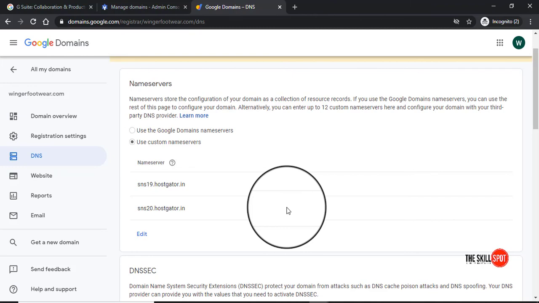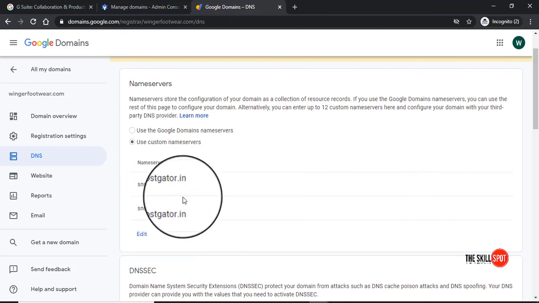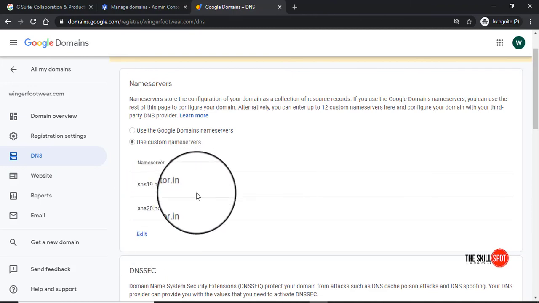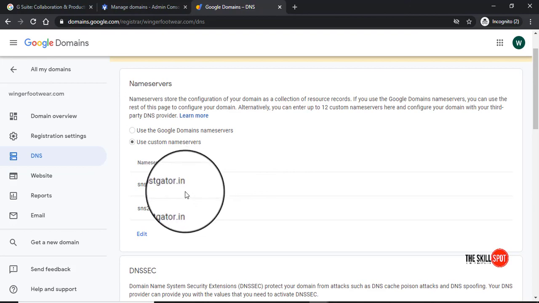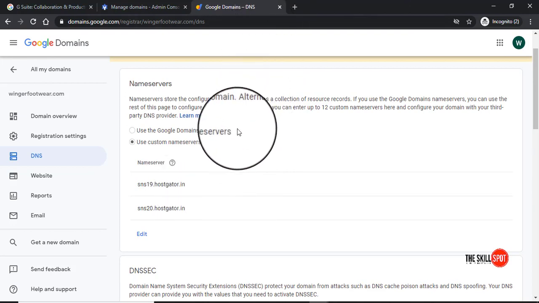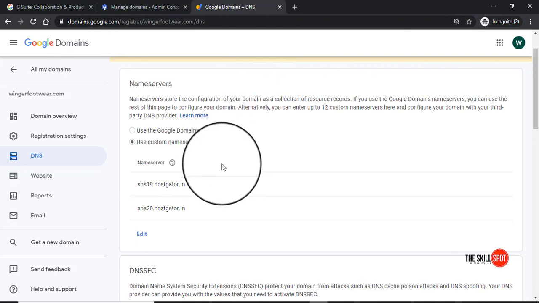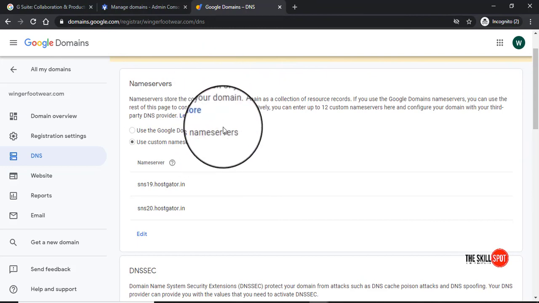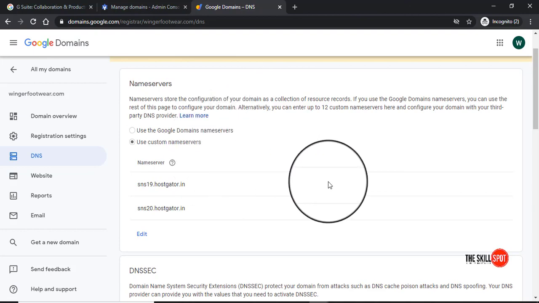So the things are done here. I've edited that and my details are saved here, so you can do the same thing as well. If you need any other assistance, you can contact me for that too. Now you can just sign out from the domain name server here and from G Suite. Again, you need to go to your cPanel and create your website. For any other details you can just message me right here.